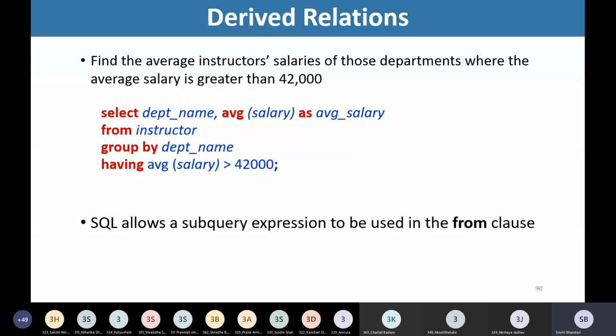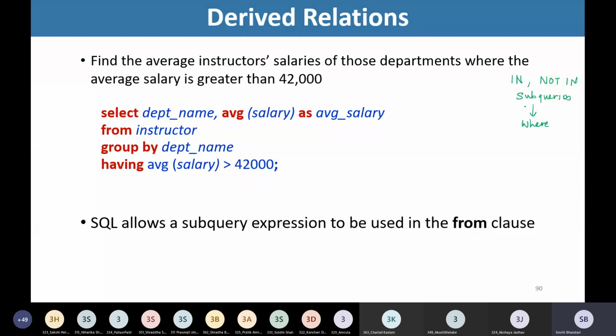In subqueries, we made use of, for example, the set membership clause, where we were using in or not in. Here we were making use of subqueries, but they were used in the where clause.